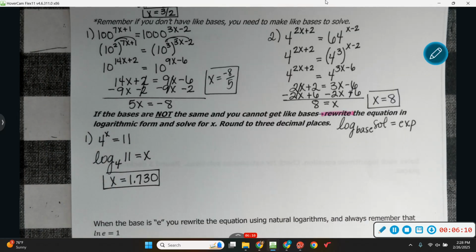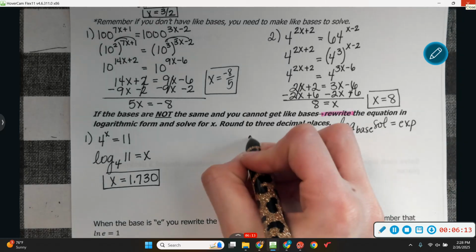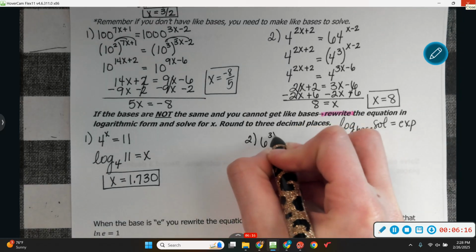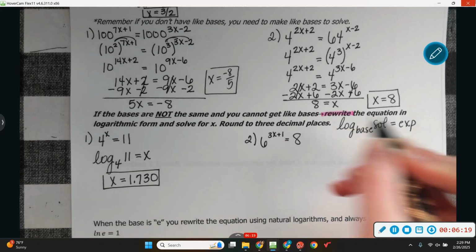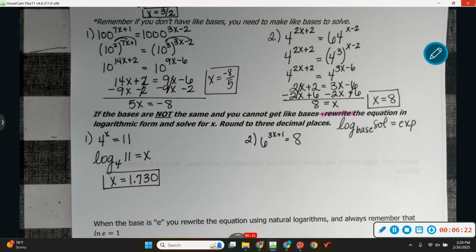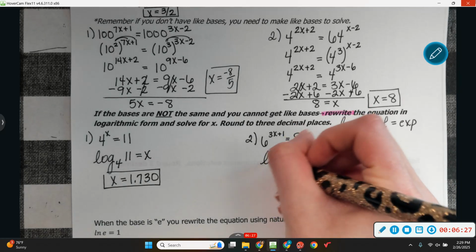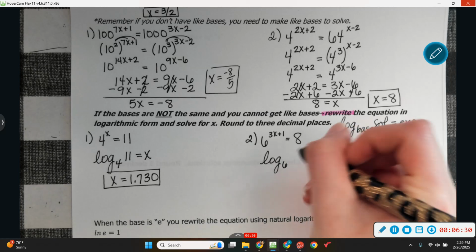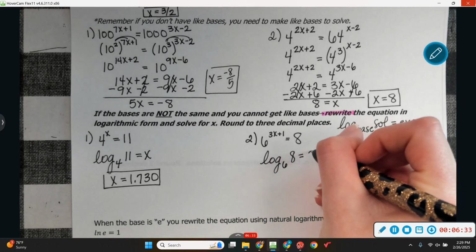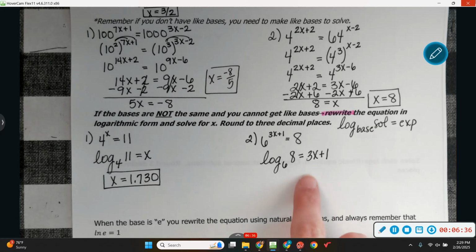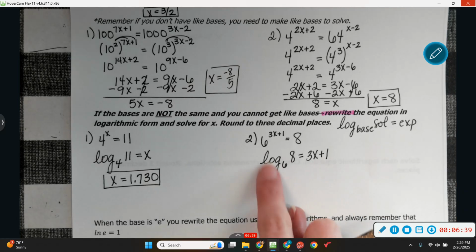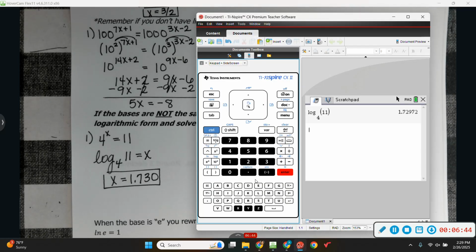Okay, so then for our second example, we have 6 to the 3x plus 1 equals 8. Again, you cannot manipulate 6 to have a base of anything, and 8 can reduce to a 2, but 6 cannot. So we're going to rewrite that with your log. Your base is 6, my solution is 8, and my exponent is 3x plus 1. Now here we would have to actually solve for x, but we're going to get the decimal for log base 6 of 8 first. So I'm going to take my control log base 6 of 8, and that's going to give me